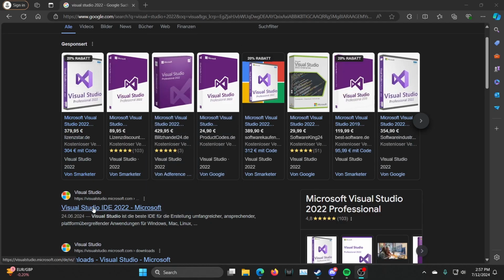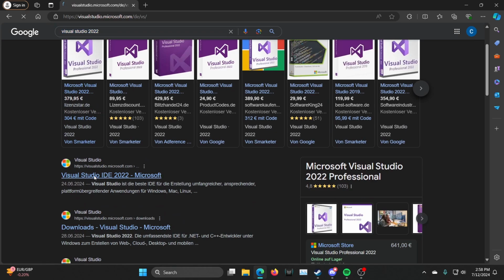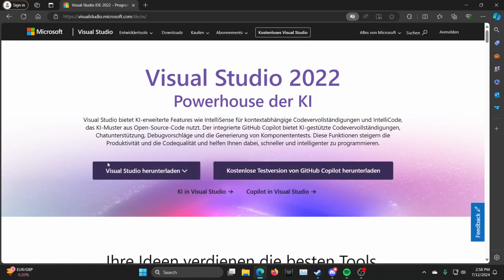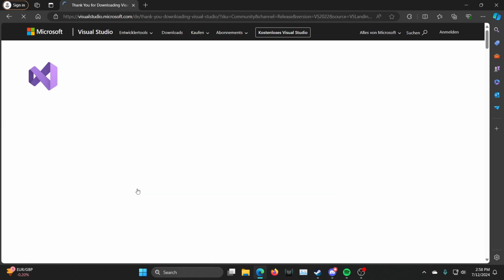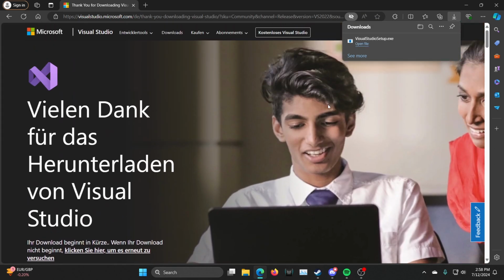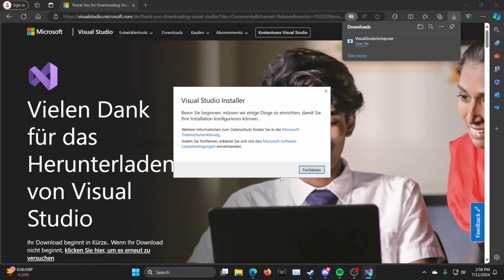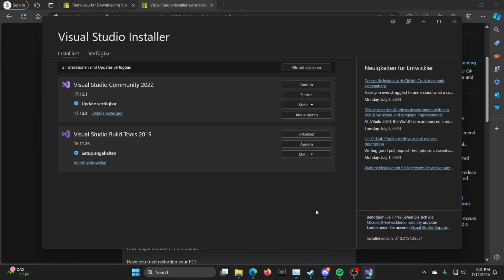To download Visual Studio, you just Google Visual Studio 2022. You click that and download Visual Studio. And you want Community. Okay, now it's downloading. You click that and click yes. Okay, now what we do is, for me it's just